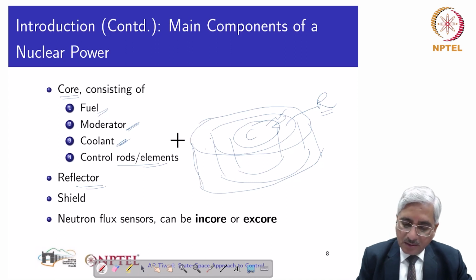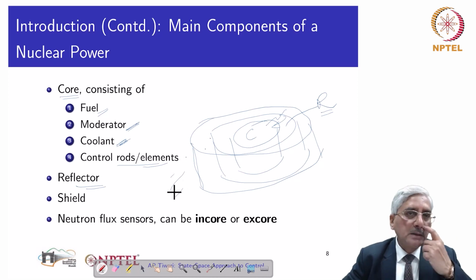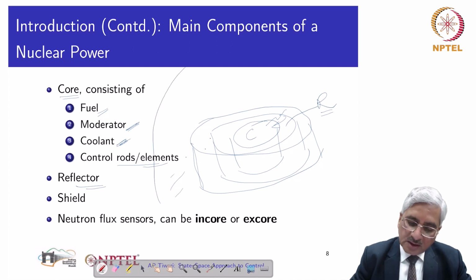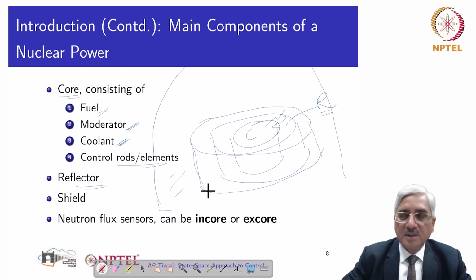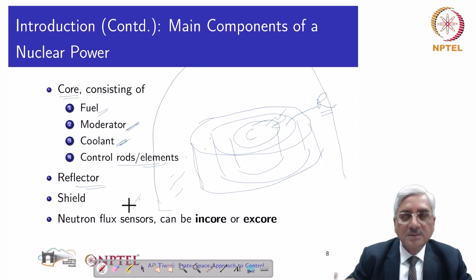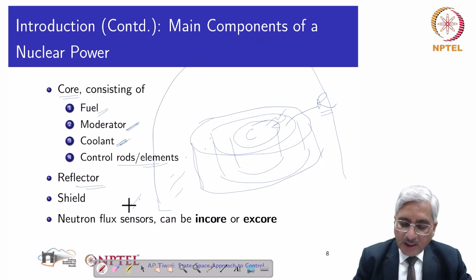So outside the reactor boundary, the radiation levels are very small. This whole thing is inside a containment. You might be aware of this kind of thing. Outside the containment, there is almost nil radiation, or there is only background radiation. So besides all this,